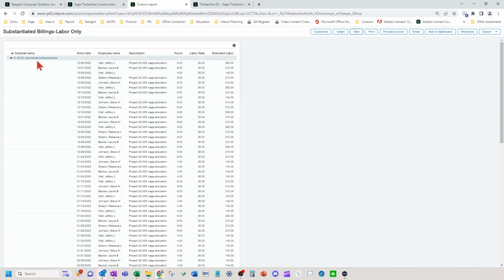Okay, so now I have a report by cost code with my cost code description, my date of the timesheet, who it was. These are wage allocations, which I'm not going to explain in this live stream, but you could have like the person's notes for the day.